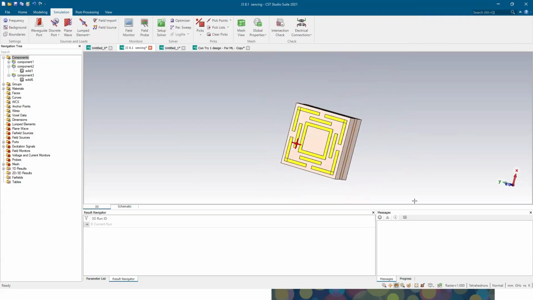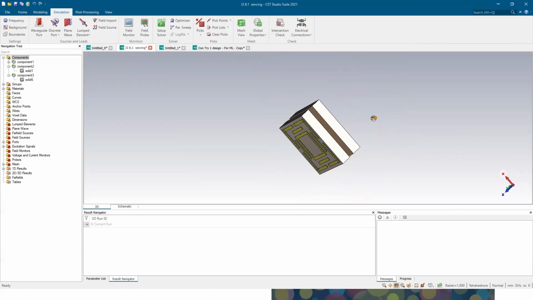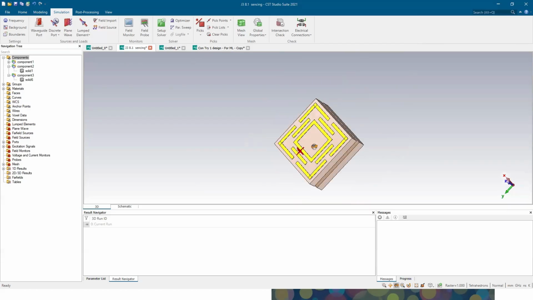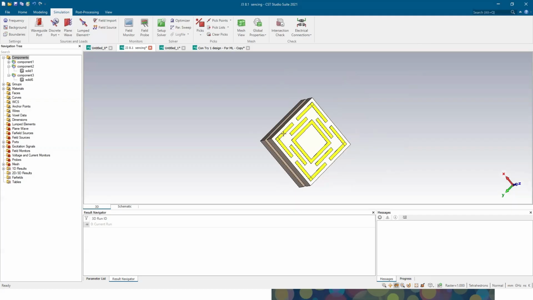Okay, how can I move this thing? Because I am selecting the rotating function. But